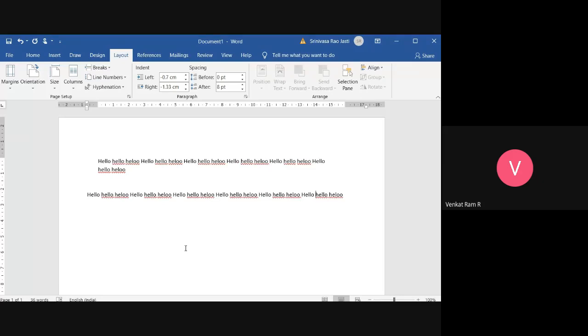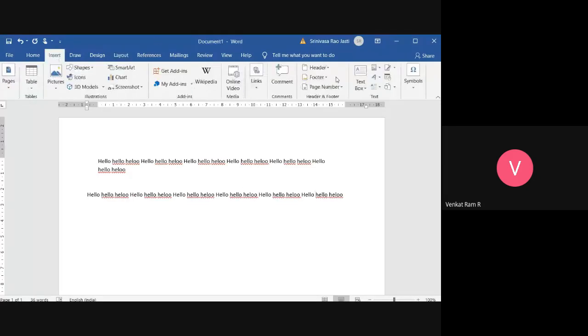And next, there are symbols you can use in Word, which will be in the insert group, and at the last, symbols are there where your mathematics symbols can be used.